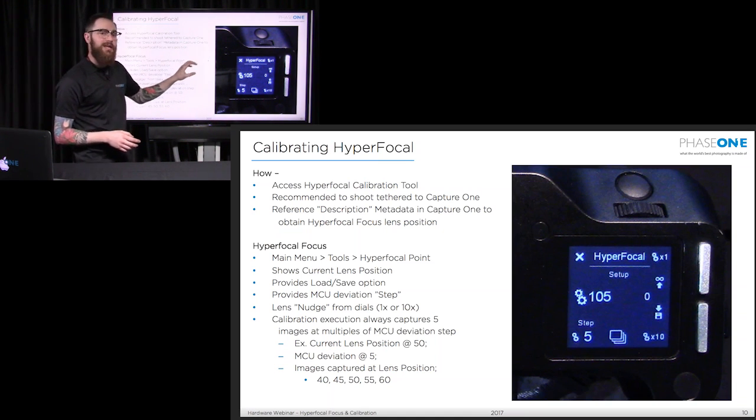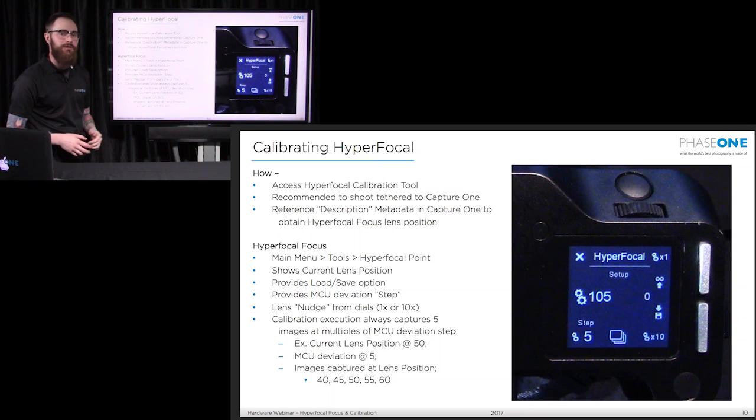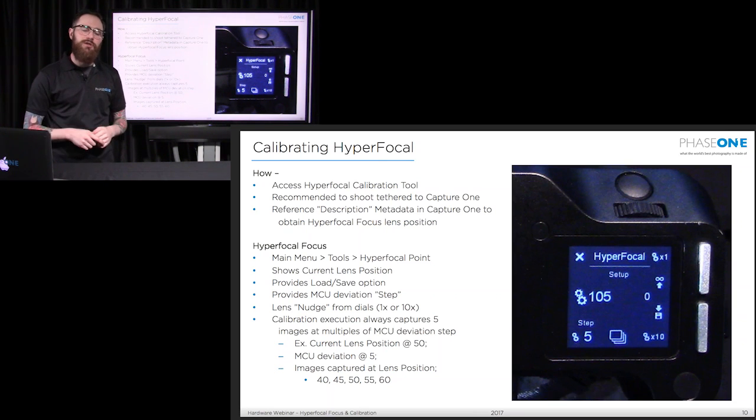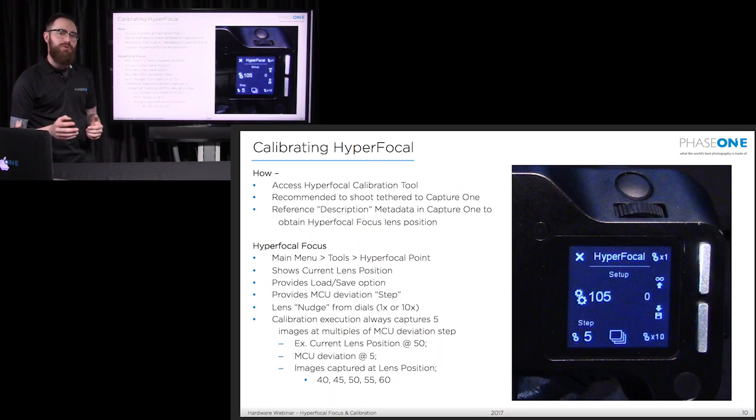This tool is in the camera to help you calibrate and find your hyperfocal focusing point. So we do recommend that you shoot tethered to Capture One, as we're going to do in this demo, and be sure to reference the description in the metadata that shows you the lens position, the MCU position. I'll be sure to outline that for everybody when we do the demonstration.